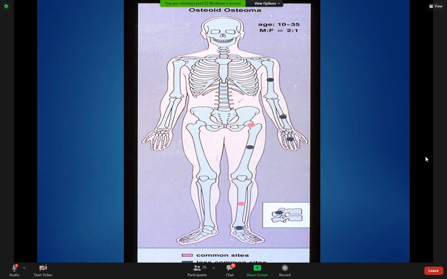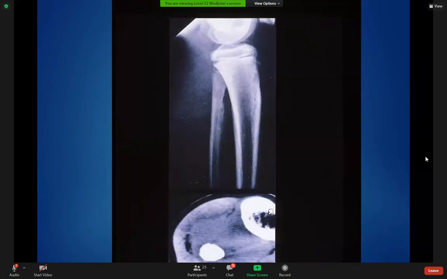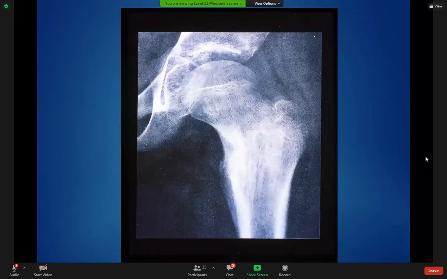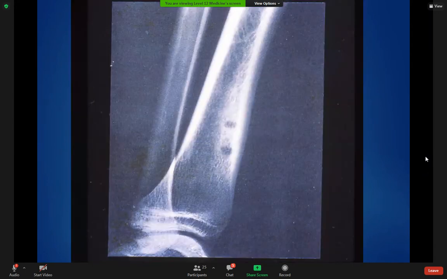So it is very common in children to have osteoid osteoma, a benign bone tumor, which is very painful, especially at night. Usually it occurs around the periosteum at the edges of bone, and it is characterized by the presence of a nidus. I want to show you a clear X-ray. Yeah, so you can see it here. So it is a bone-forming tumor with a central